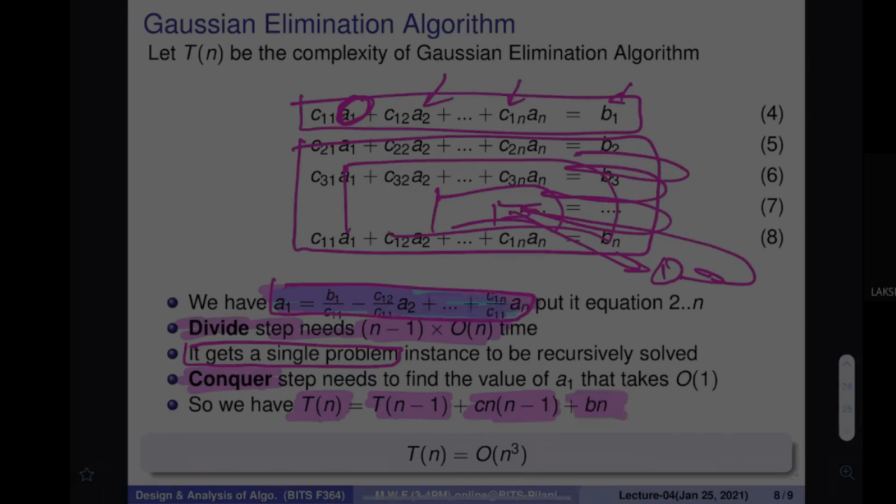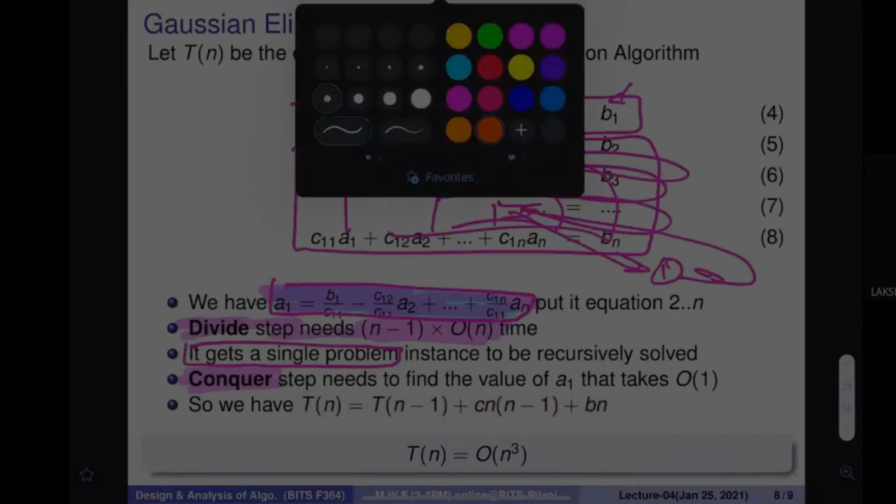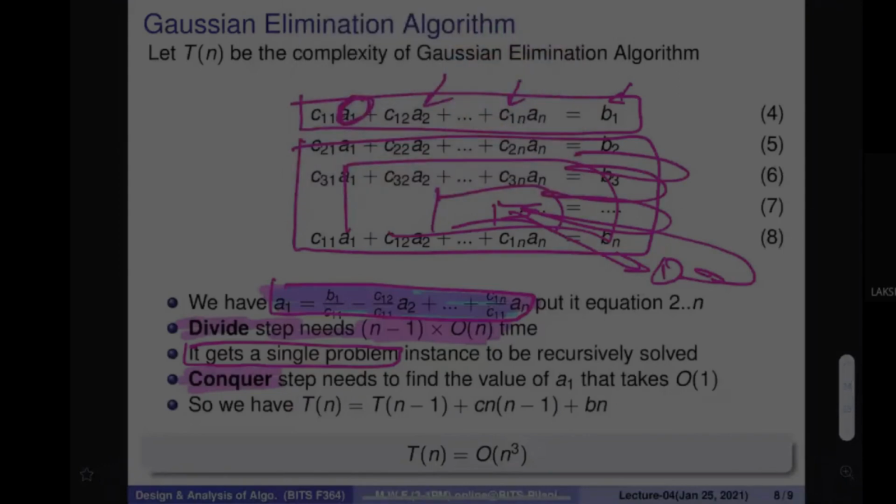This expression is clear to everybody? Any questions on this? Everybody is clear with this expression? Okay, can anybody write yes? Yes sir. Sir, please explain divide time. Okay,